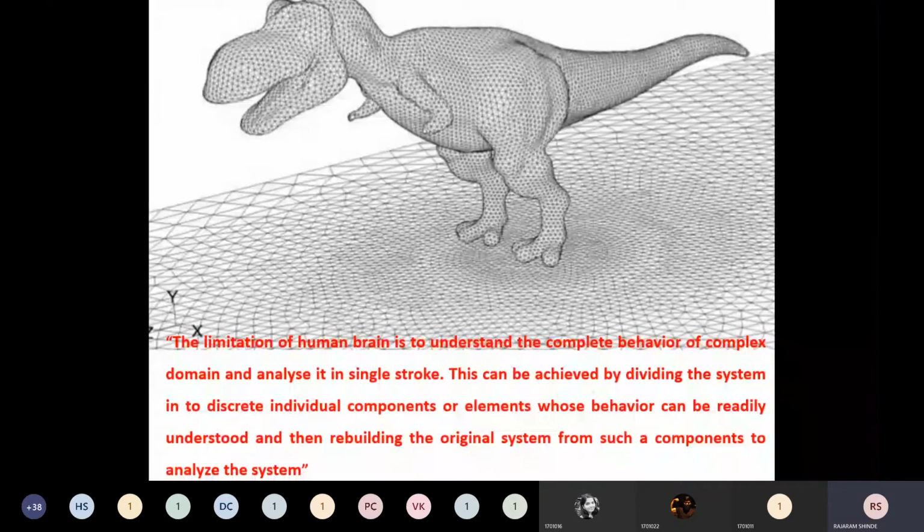This is the basic theme, or the basic background on which your finite element method relies. Okay. Now this statement is also complicated, you will not get the idea of finite element method. Now I will explain by simple examples.